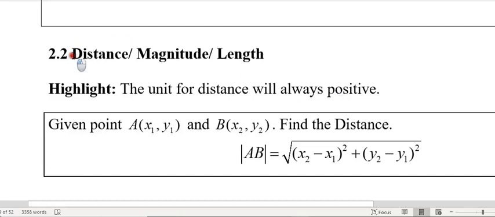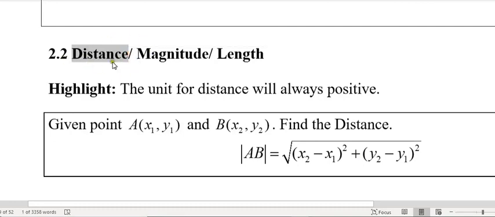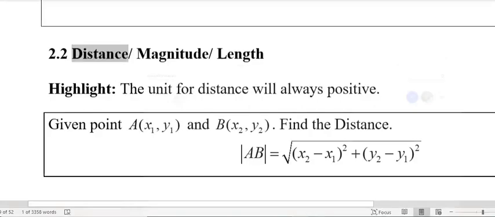Okay, so what is distance? Distance can be defined as the magnitude or the length between 2 points. Now for your syllabus, for the topics involved,